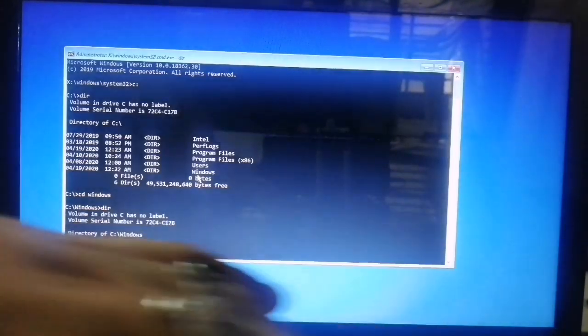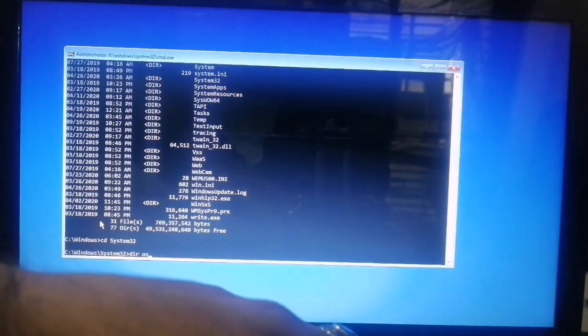Then type dir again and you can see system 32. You just have to go into system 32 and type cd system32. Press enter.